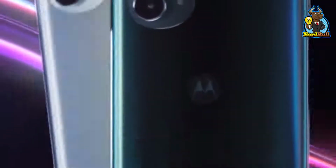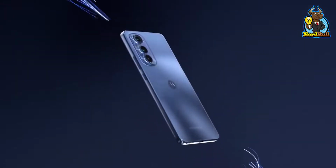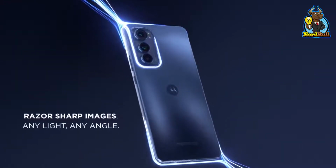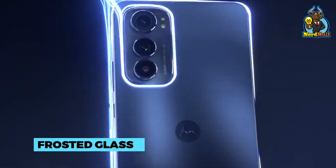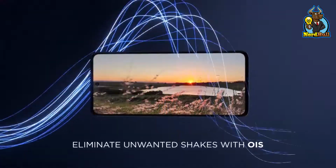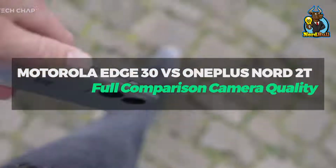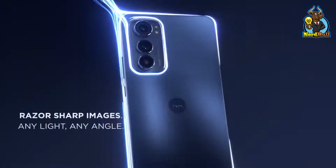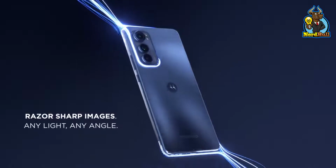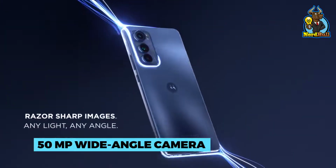The Motorola Edge 30 Pro has a capable 50MP primary camera that produces decent photographs in relatively good lighting. Moreover, it has an exquisite design of frosted glass on the back and a rear camera module that stands out without being too flashy. Yet, some smartphone enthusiasts like you want to know how its cameras measure up to the OnePlus Nord 2T's. The Edge 30 Pro has 3 rear cameras, a 50MP main camera, a 50MP wide-angle camera, and